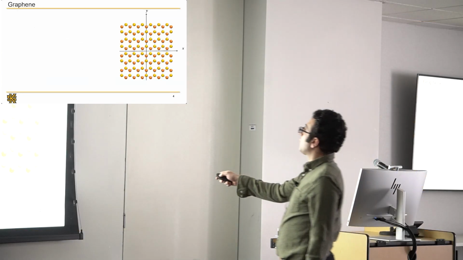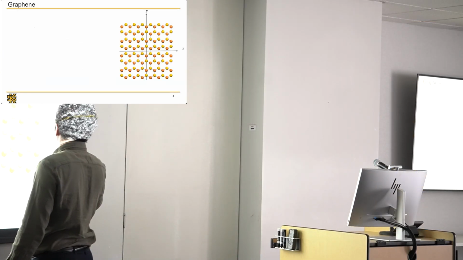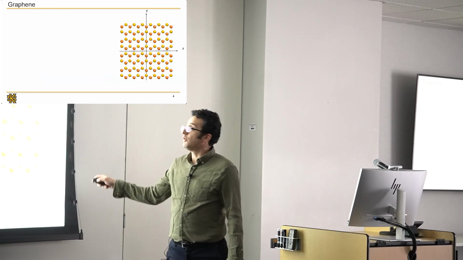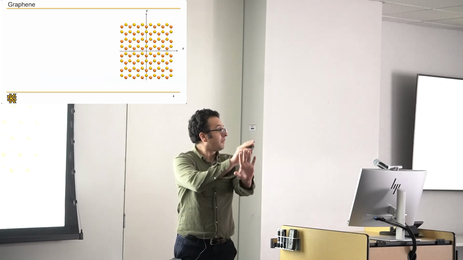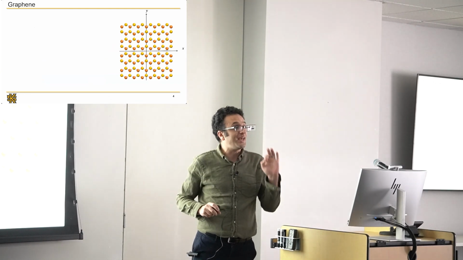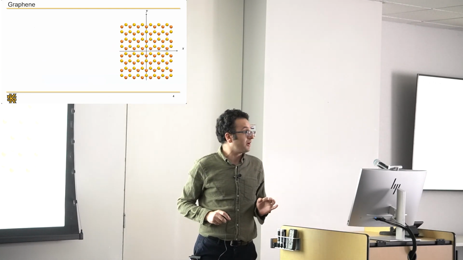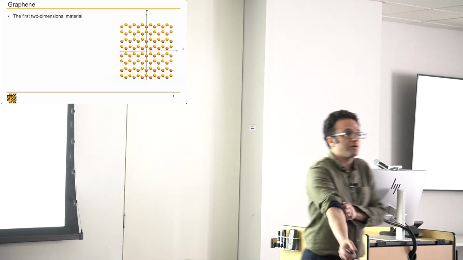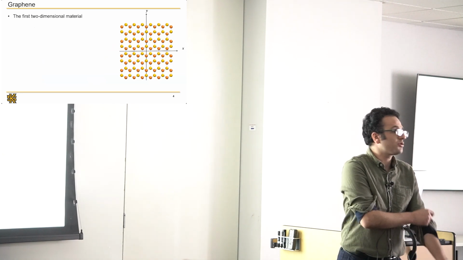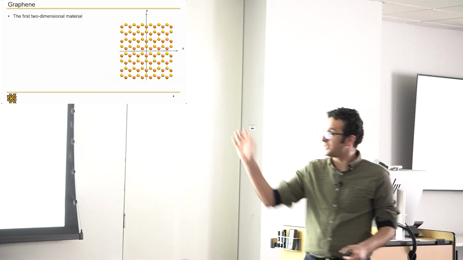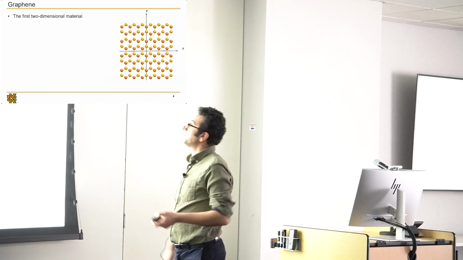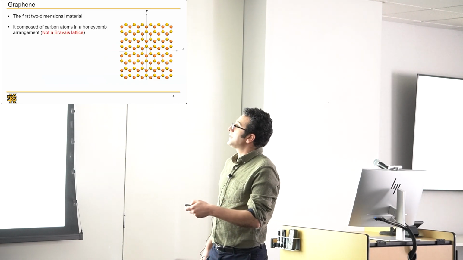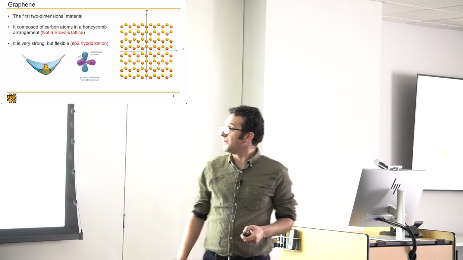Okay? So the orange lattice, if you follow, I have a triangular lattice on the orange side, and on the yellow side, I also have another triangular lattice, and I superimpose them and they form graphene. So I need a basis to describe graphene. It's the first 2-dimensional material that was discovered, and it was discovered in the most interesting of ways, through Scotch tape. You Scotch tape it, you deposit it, you find graphene. You don't need something more sophisticated than that. It's composed of carbon atoms, in an arrangement that is not a Bravais lattice. This is fundamental for its description.